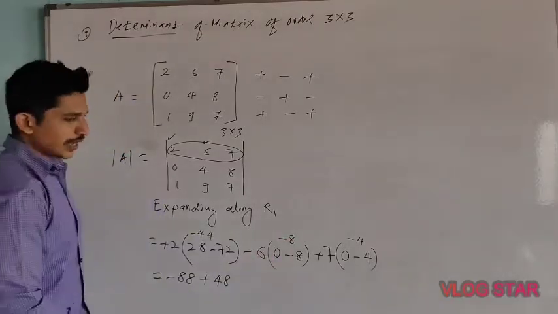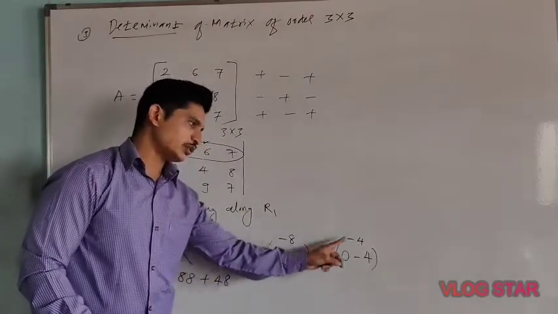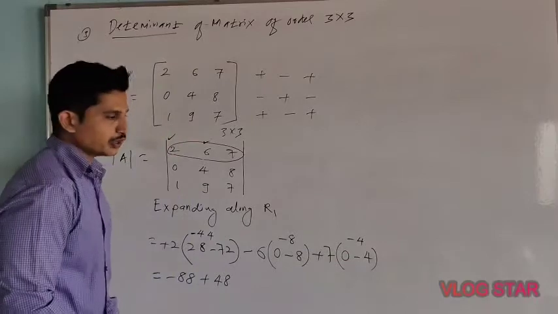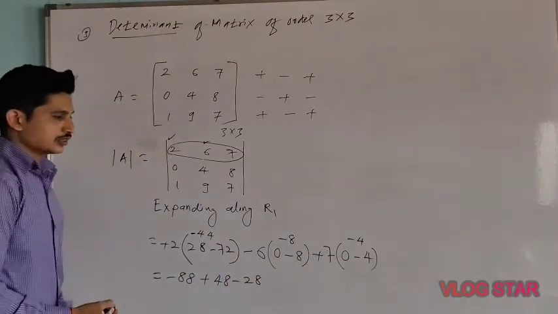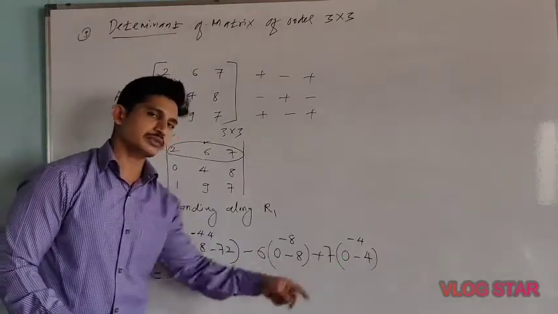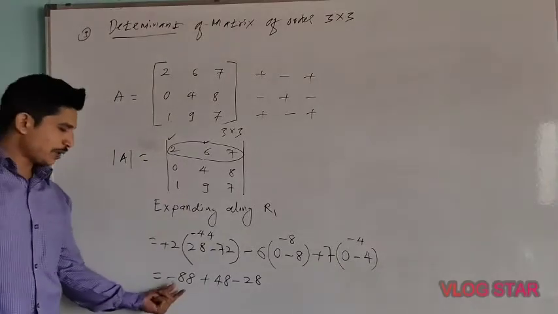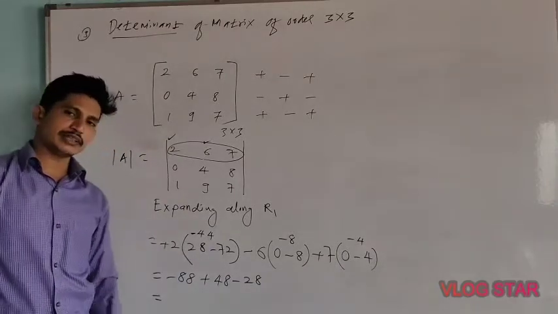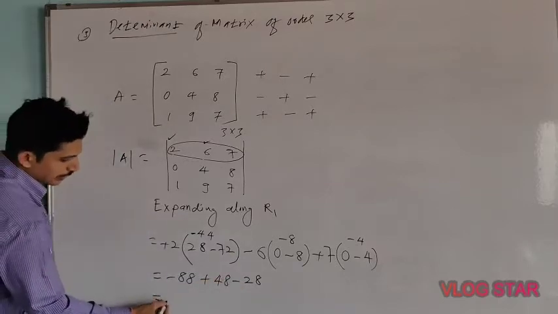Okay. Now next is what? 0 minus 6 minus 4. 7 into minus 4. 7 into minus 4 is what? Minus 28. Yes? 7 into minus 4. So plus into minus is minus, 7 into 4, 28. Okay? Now see that minus 88 minus 28. You add, no? Minus and minus you add. So minus and minus, minus only.